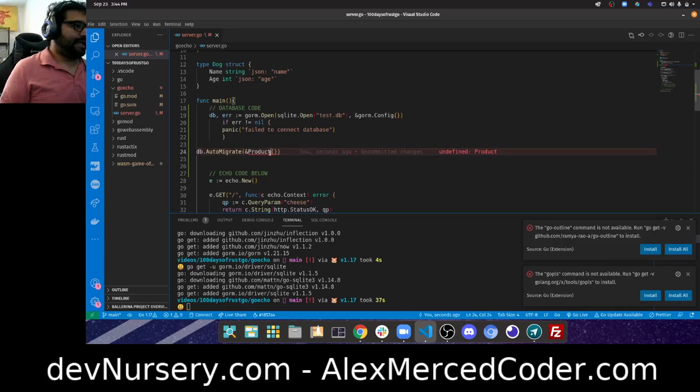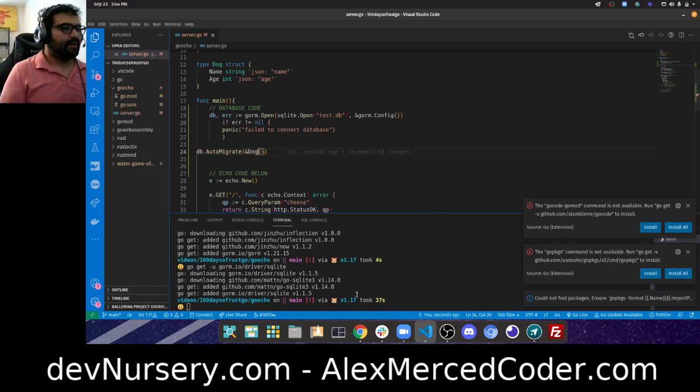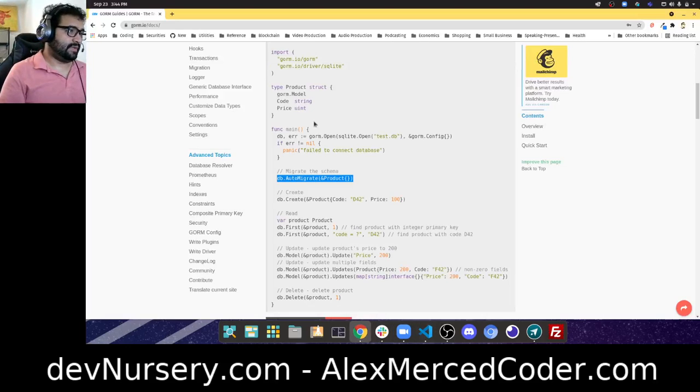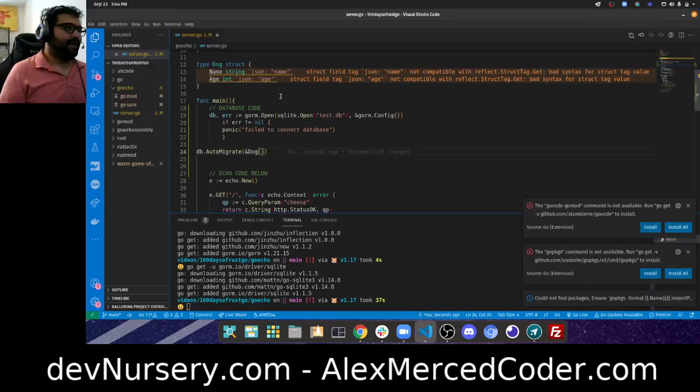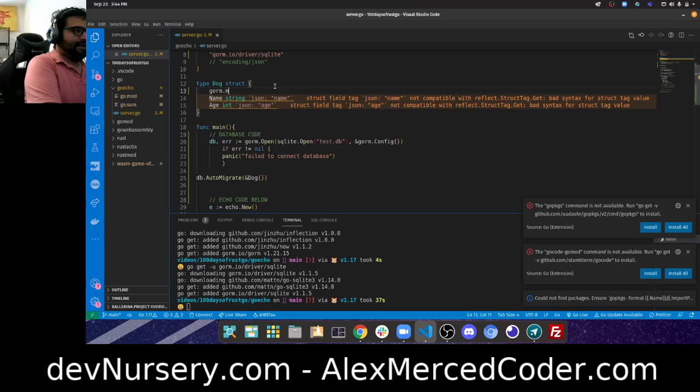And I'm going to just change this to add dog. Although I think we do need to add some things to dog to make that work. So product, yeah, we need to add the gorm.model. Okay, which now I understand what you're doing there is you're basically doing inheritance, as we learned earlier when we